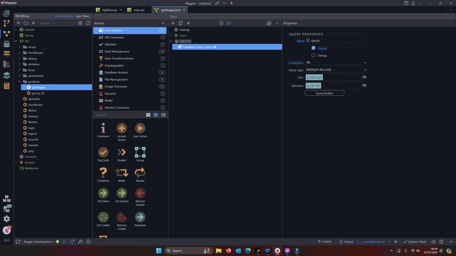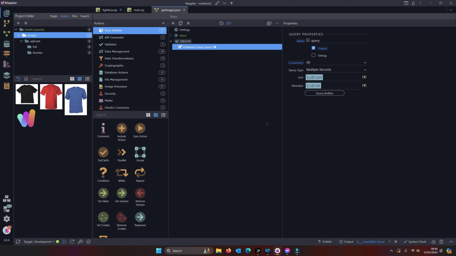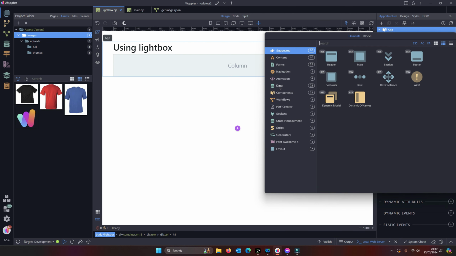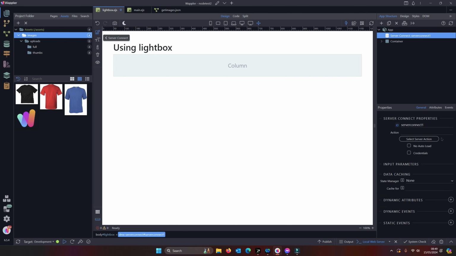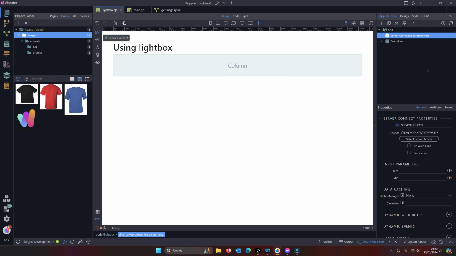If we look in our assets panel, we can see I have two versions of those. I have a full-size version and a thumbnail version within the uploads folder of the images folder within assets. And all I'm going to do is access those images and throw them up in a Lightbox. So the first thing you need to do is make a database connection to those products. So I'll get images, that returns 4 image names